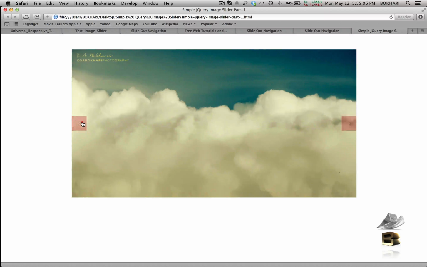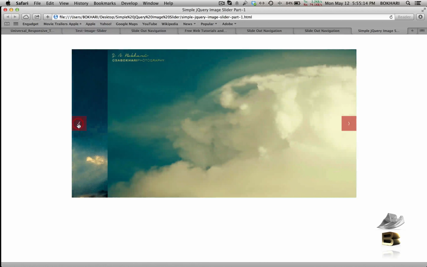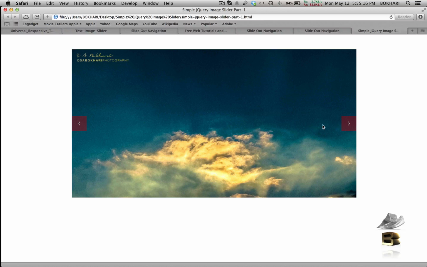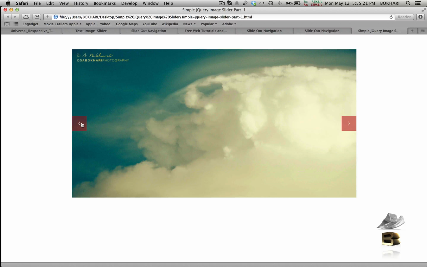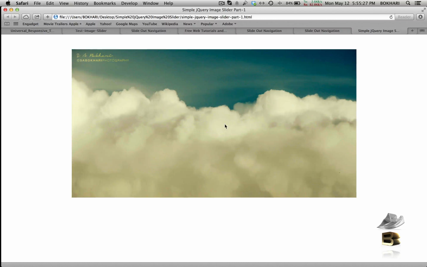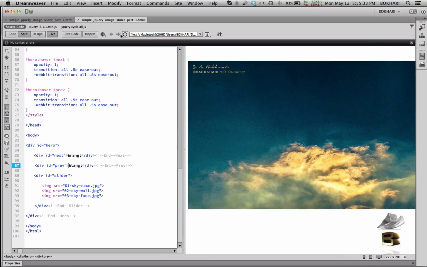That's beautiful. So my mouse cursor is on top of the image, so it is not going to slide, it is paused. Okay, there you go. But when my mouse cursor is on top of the arrows, it is going to slide because it is in the upper state. Okay, it is not in the same layer as the images. Alright, there we go. Let's check it in Google Chrome,